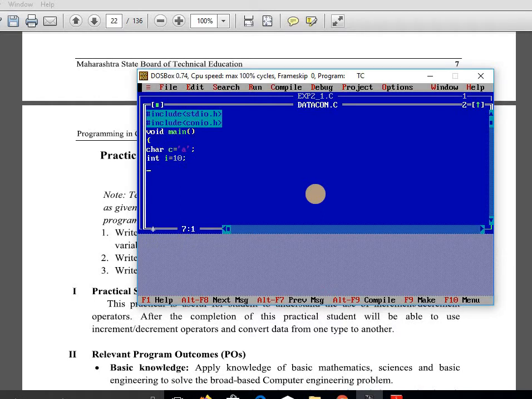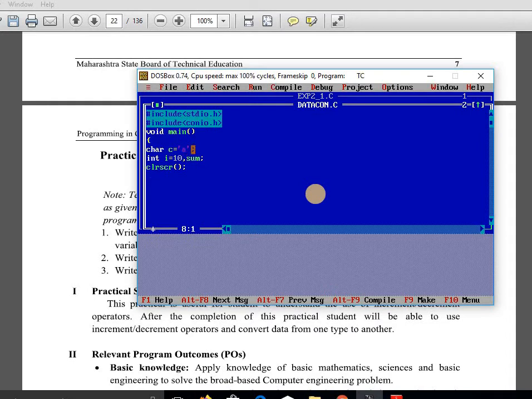Now suppose sum, and now clrscr. See here, character c has the value A. The ASCII value of this A is 97.